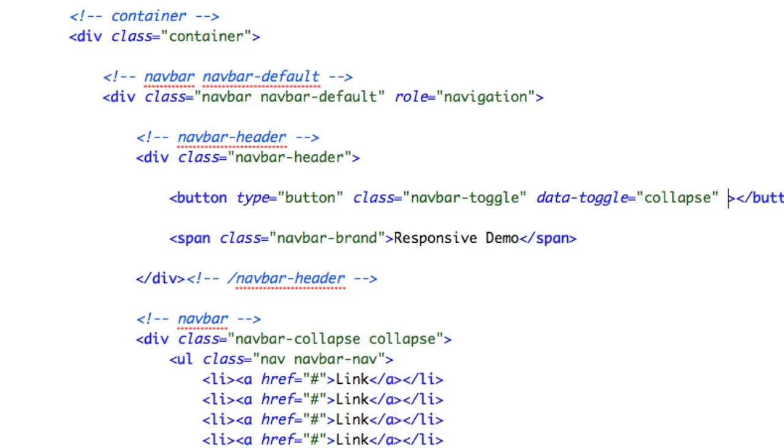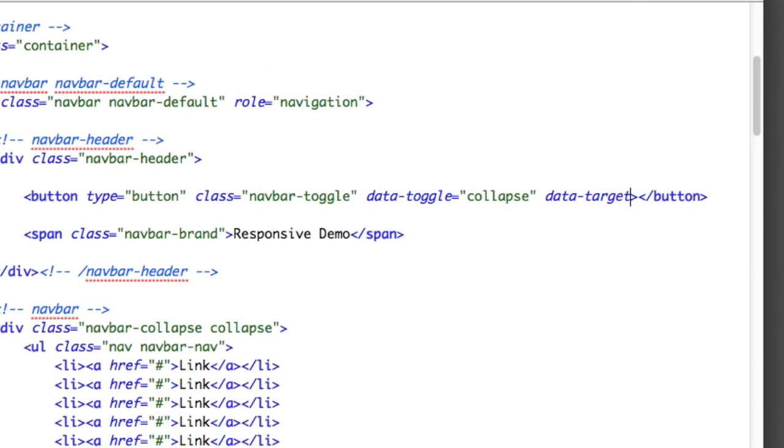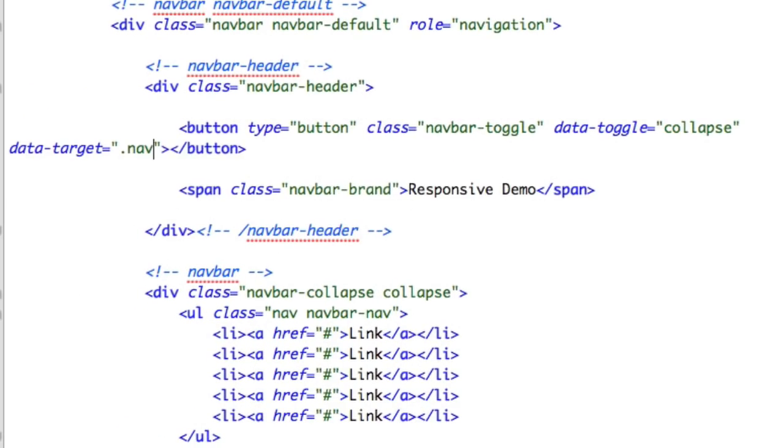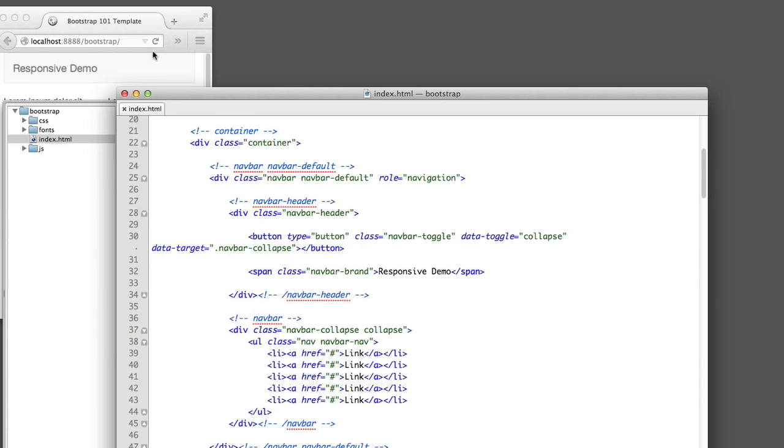So we'll say data target equals, and then this is where you can include a CSS-like selector. Because this element has a class of navbar collapse, we simply include a period to indicate a class, and then we say navbar collapse. Okay, so now if we save and refresh,